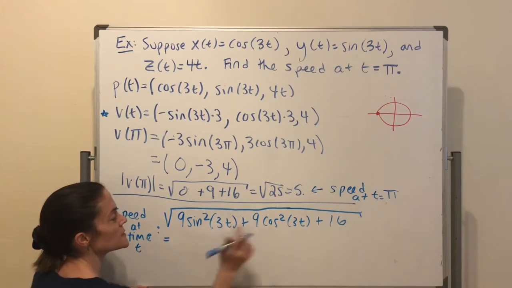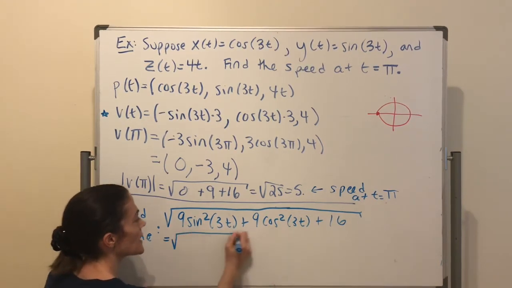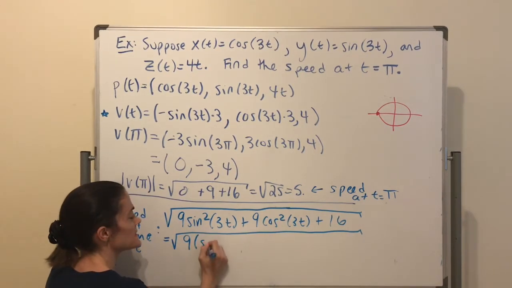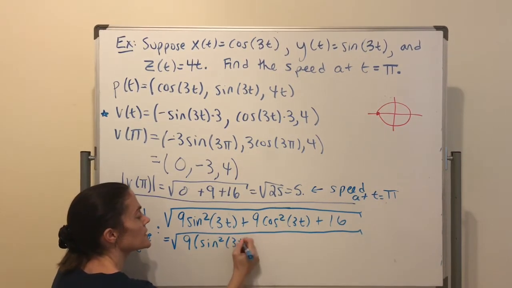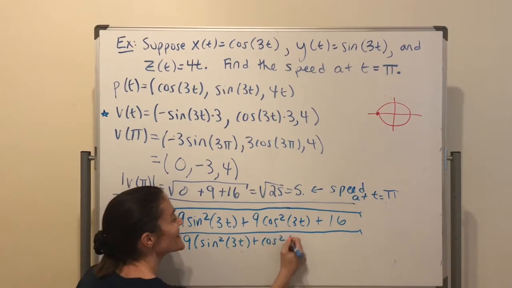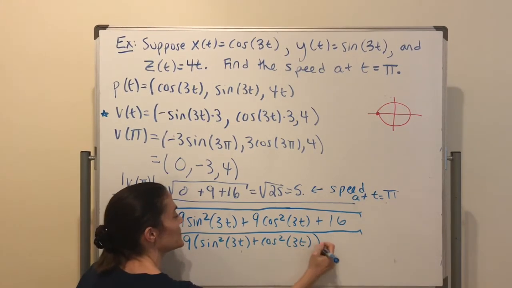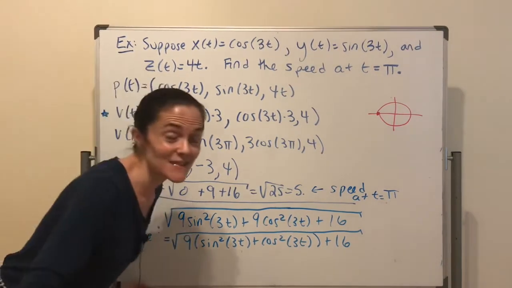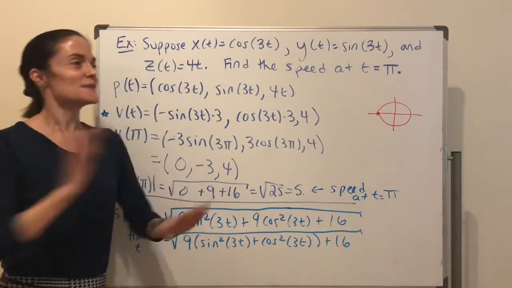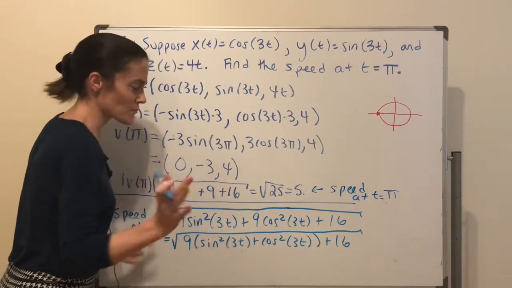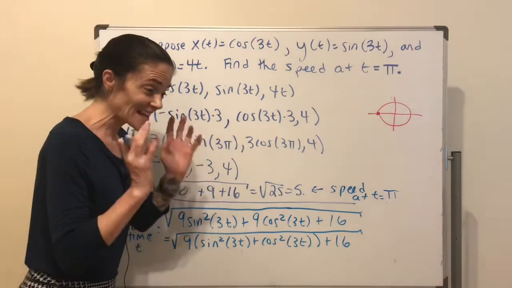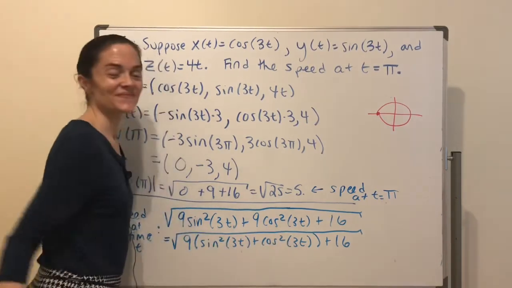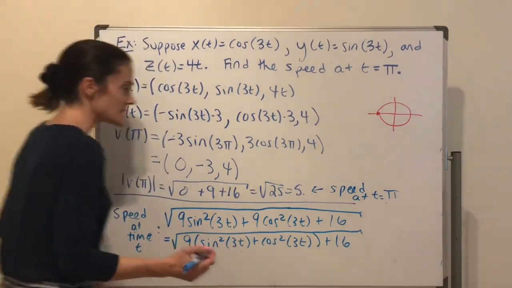Now, these two, let me factor out a 9 from the first 2 terms: sine squared 3t plus cosine squared 3t. What do we see here? Sine squared plus cosine squared is 1, okay? Even with a 3t, it's fine. Any angle theta, sine squared theta plus cosine squared theta is 1. And so this is